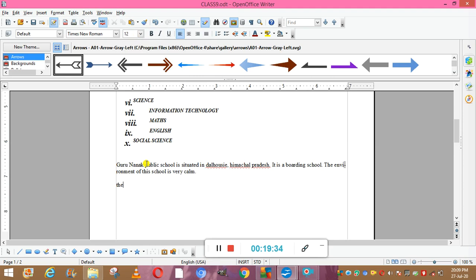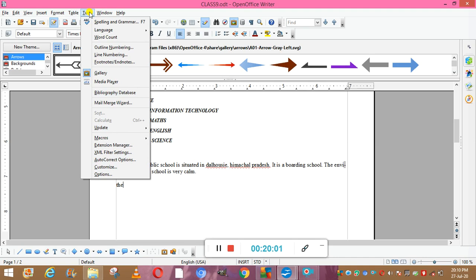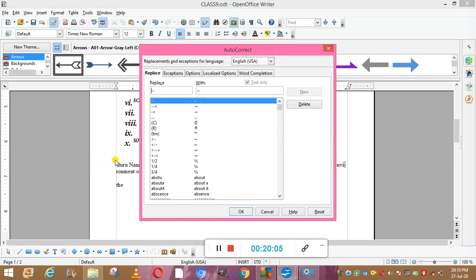See, if word completion is enabled, Writer tries to guess what word you are going to type and offers to complete this word for you. So to accept the suggestion, you can press enter, otherwise continue typing. Okay, like in mobiles also you might have seen that when you are typing something, automatically the words come. So by default word completion is enabled, and to disable the word completion, follow the steps. Click on the tools option, then go to the autocorrect option,